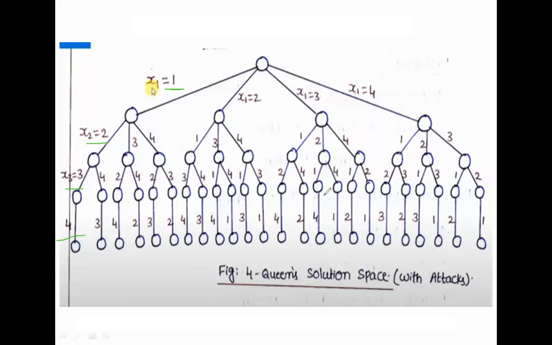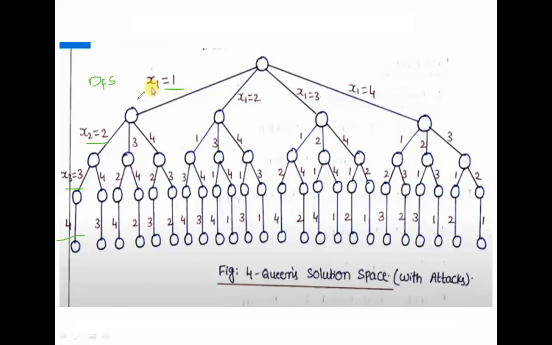So what is the constraint here? The explicit constraints are x1, x2, queens q1, q2, q3, q4, and the implicit constraints are that no two queens are placed in the same row, same column, and same diagonal. That is our constraint. So that is the tree without considering the constraints, that is, without attacks. Just like we draw this tree by using DFS, that is the number of possible ways.